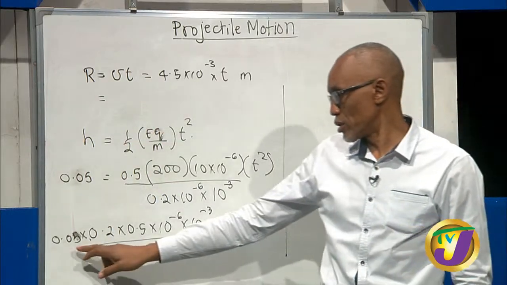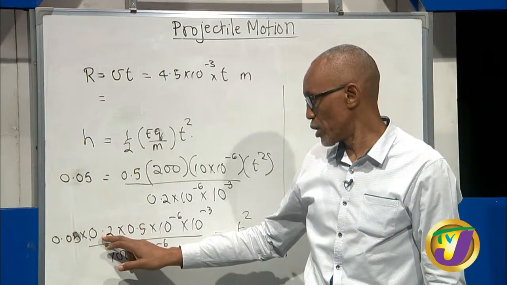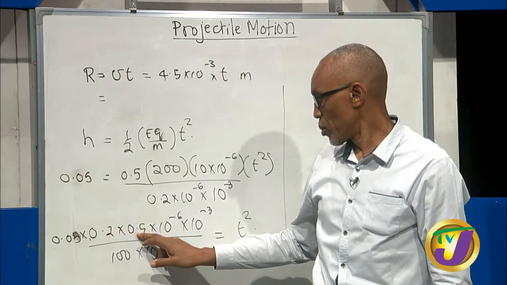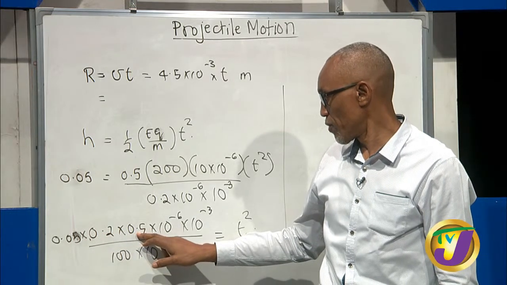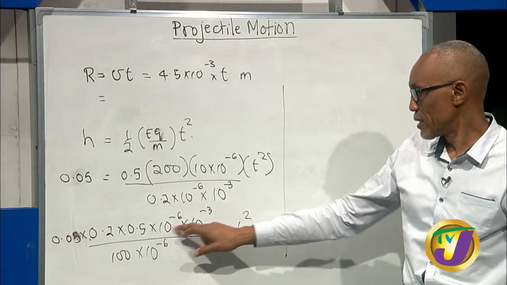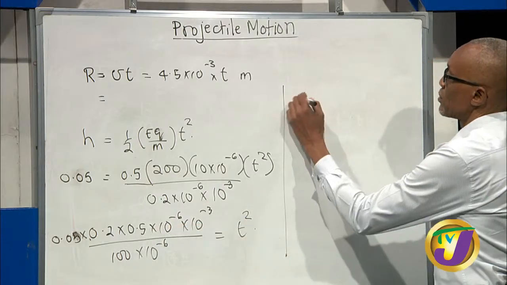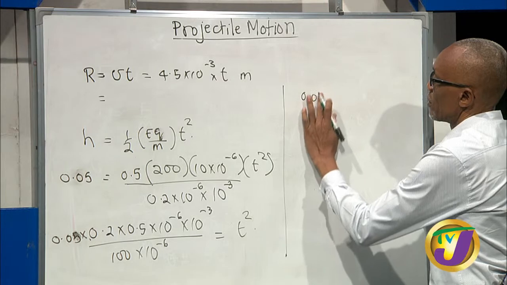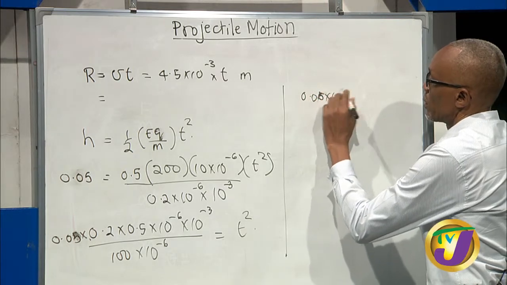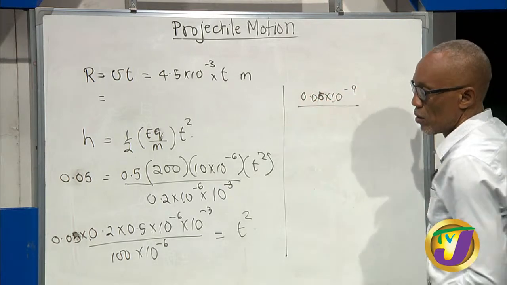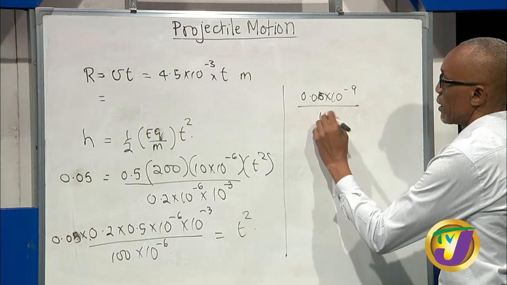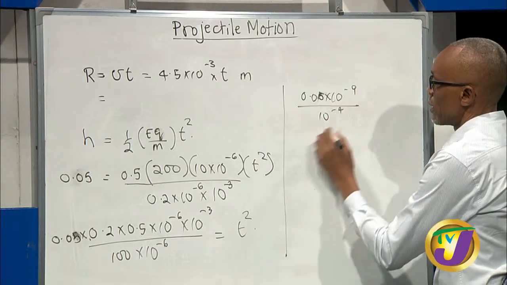Let's see. This is 0.05 by 10 to the negative 9 over 10 to the negative 4